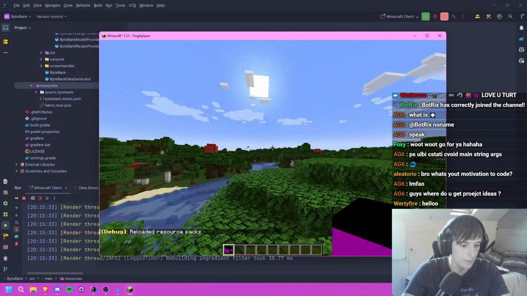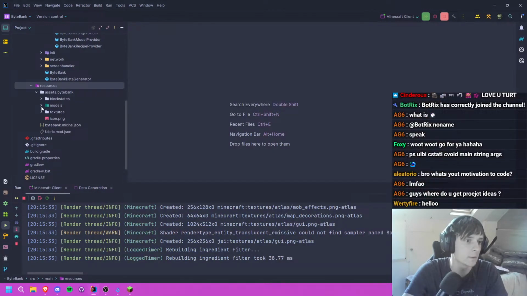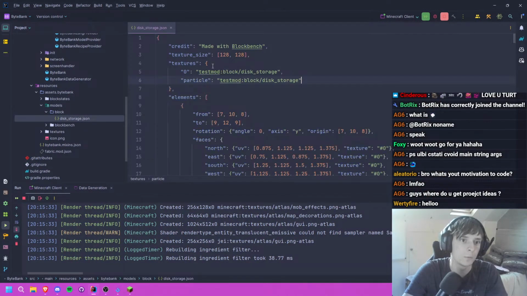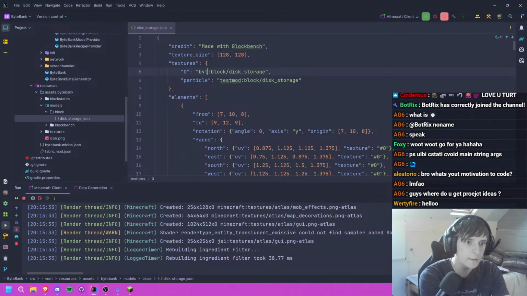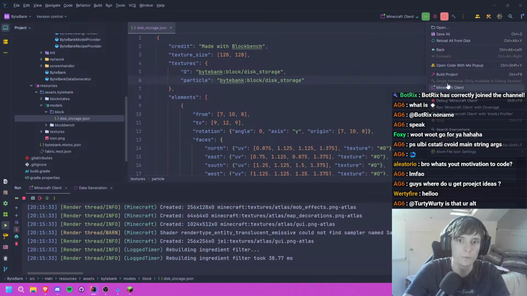And this should work. It does not work. I've actually made it worse. How have I done that? It's missing the texture again. Why? Because it thinks it's test mod. Why does it think it's test mod? I don't understand. I'm literally quite confused why it would think